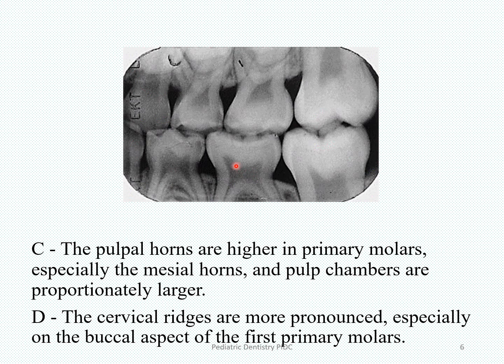And therefore the pulpal exposure is quite common in primary molars, especially the mesial pulp horns in the molars. So same thing goes for the young permanent molar also. The mesial pulp horns are higher. As the molar ages, the secondary dentine deposition occurs, the tertiary dentine deposition occurs, the pulp horns slowly start regressing